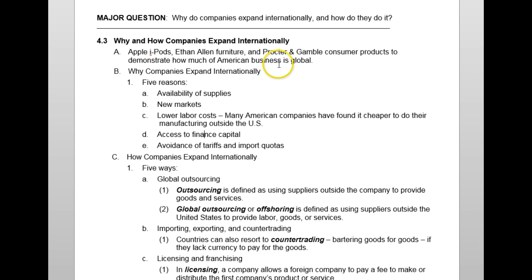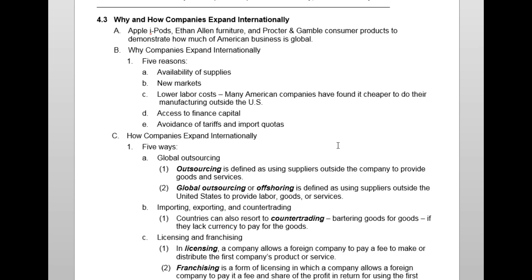There are several examples of companies in the U.S. that manufacture outside. Apple is a very big one. Ethan Allen Furniture, Procter & Gamble, consumer products. There's also the car industry, GM and Ford. Ford has many factories in Mexico. So about all of our large corporations in the U.S. have gone outside of the country, which brings up